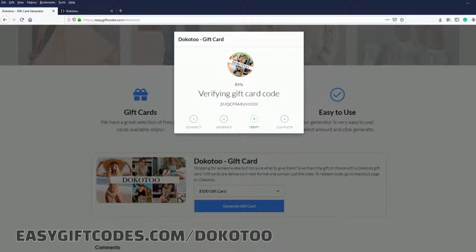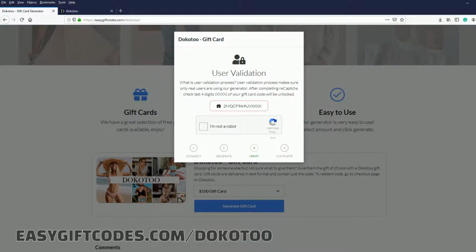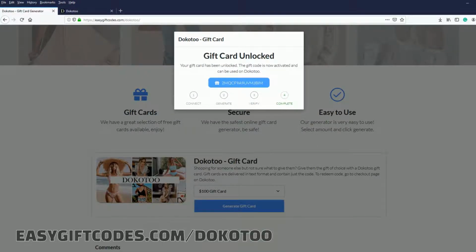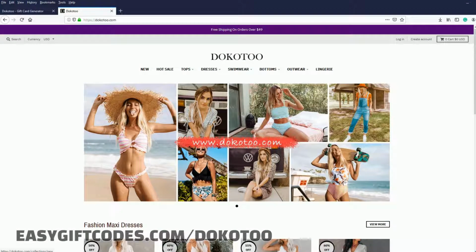Now it's verifying the gift card code, and now it will ask you to complete the user validation. So this is just a process to make sure only real users are using this generator. I will click on the I'm not a robot to continue. Then I will just copy this code, go back to the Dokotoo, and on the Dokotoo I will just go